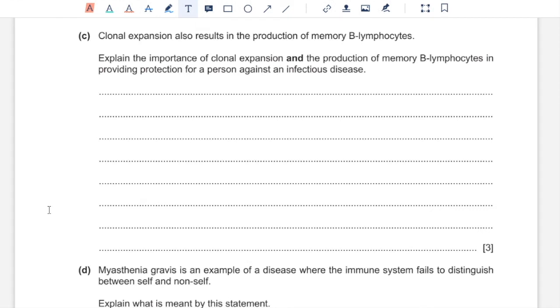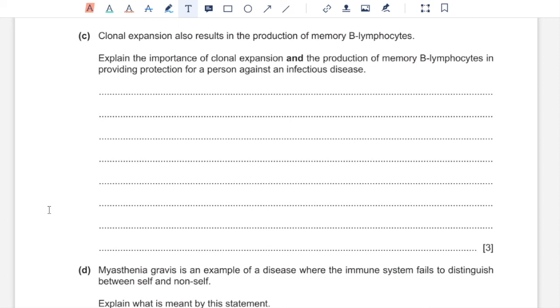C. Clonal expansion also results in the production of memory B lymphocytes. Explain the importance of clonal expansion and the production of memory B lymphocytes in providing protection for a person against an infectious disease. As a result of clonal expansion, a large number of plasma cells are produced, and since these are genetically identical, that would mean they produce the required antibody, which is specific to the antigen that has entered the body and infected, so they would be able to produce